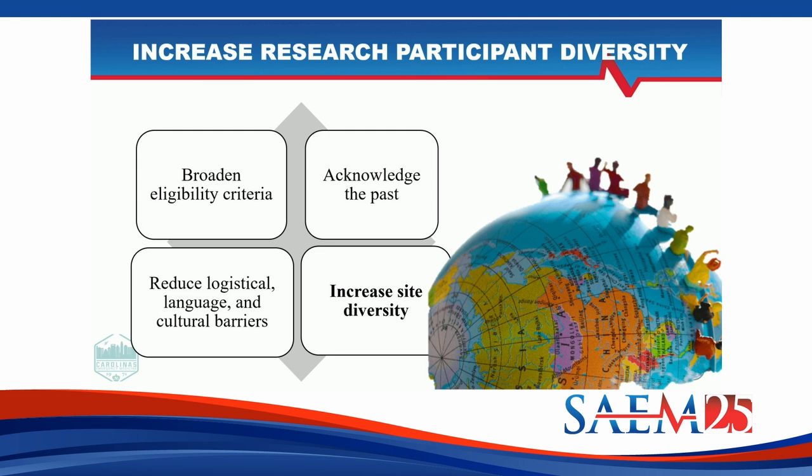Next, increasing site diversity. Just like having a doctor that looks similar to you has been shown to increase health outcomes, it's known that having a diverse research team, or a team with a PI from a marginalized or minority community, will increase diversity of the participants. So how do you actually get more diverse researchers? One way is to partner with an HBCU, a Historically Black College and University. A lot of the HBCUs are in neighborhoods where there's a large percentage of what would be considered minority or marginalized individuals.